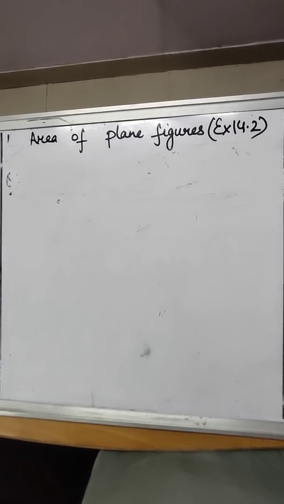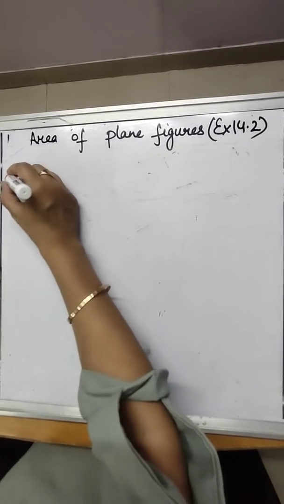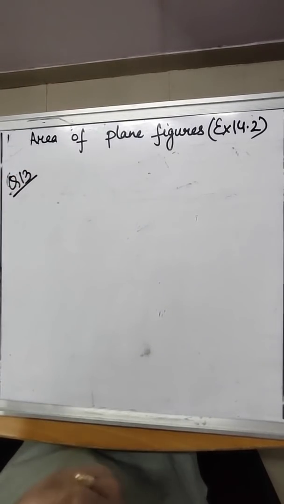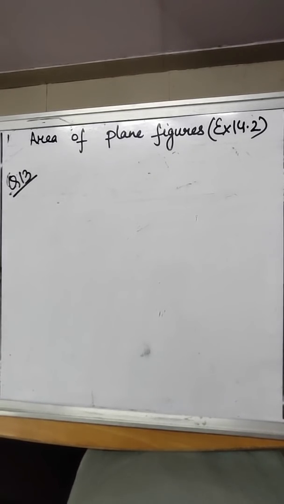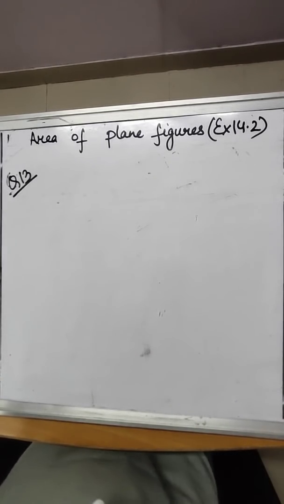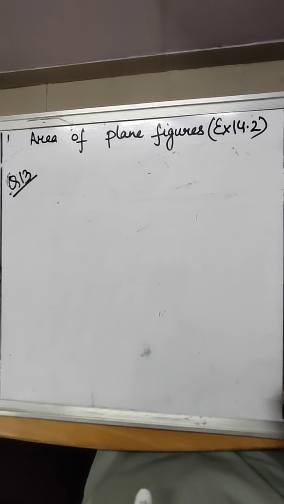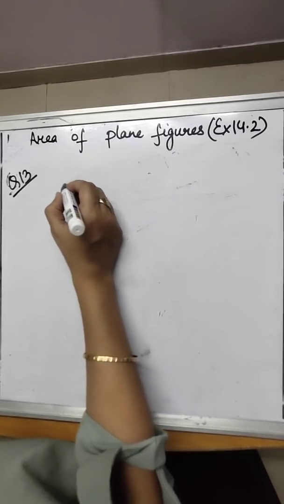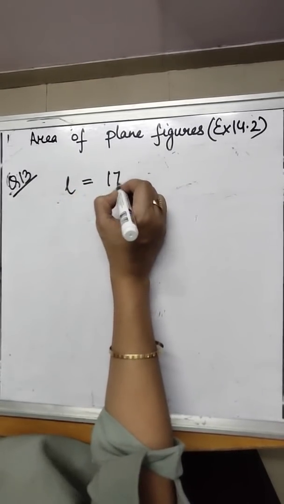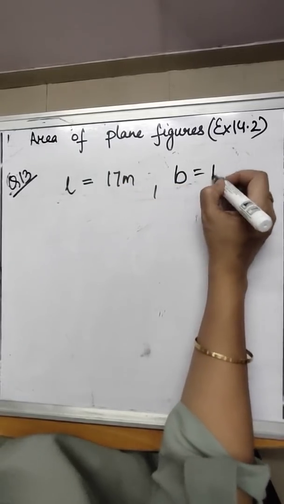Now let's come to question number 13. That says, I am explaining question number 13. Okay. And then you have to try it by your own and then I will do it. The perimeter of a square is equal to that of a rectangle of length 17 meter and 11 meter. So they are saying that the perimeter of a square and the perimeter of a rectangle is same. Okay, and the length of the rectangle is 17 and its breadth is 11.